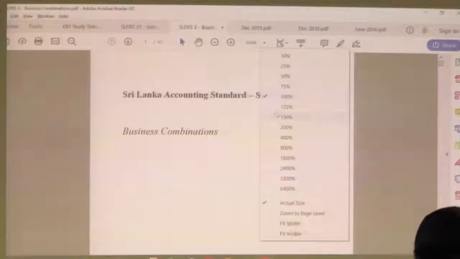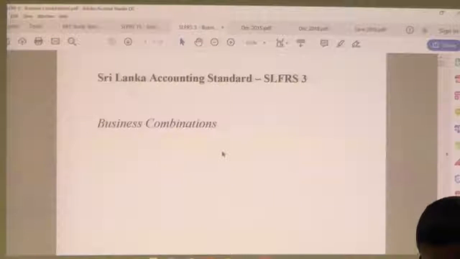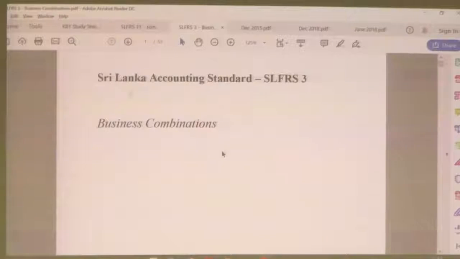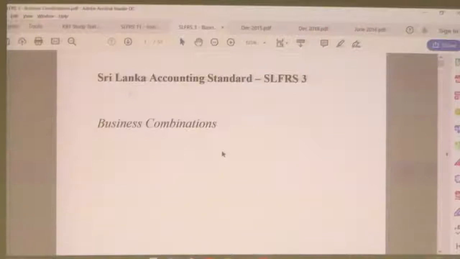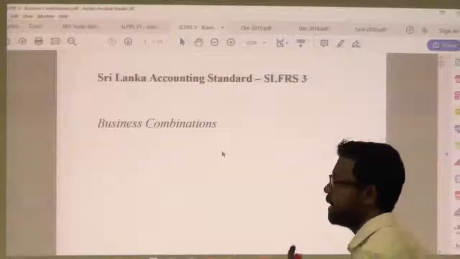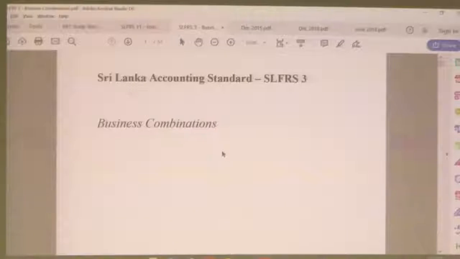When it comes to the standard, first of all, you should understand what a business is. What are you expecting from a business combination? What do we mean by business combination? That is the first thing, the logical reason. What is the logic behind business combination? You should understand it. Answer this question first. Business combination means it's an asset acquisition. You acquire assets,